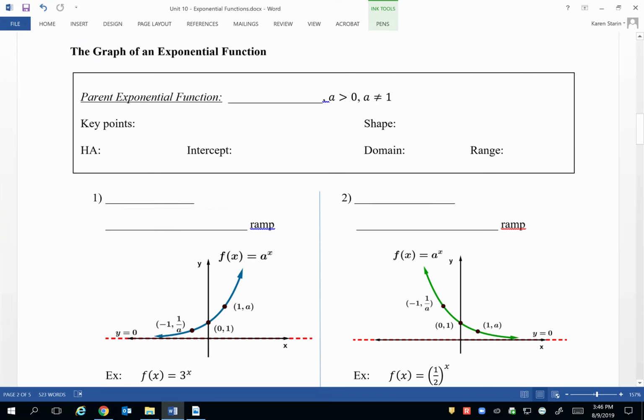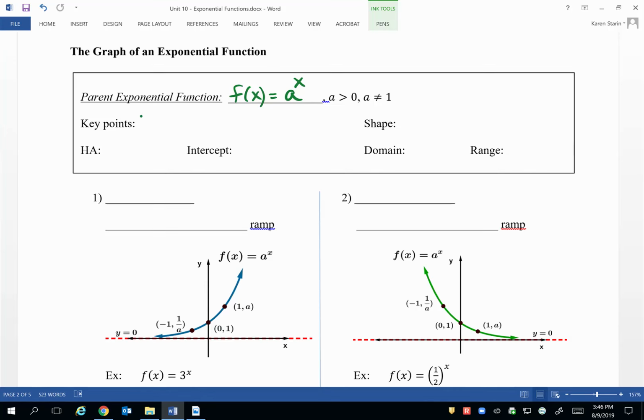The graph of an exponential function. So we're going to strip down the general form of our exponential function and call the parent exponential function just f of x equals a to the x. And we'll worry about what c does through our transformations. So remember, the base a is strictly greater than 0 but cannot be equal to 1 to be an exponential